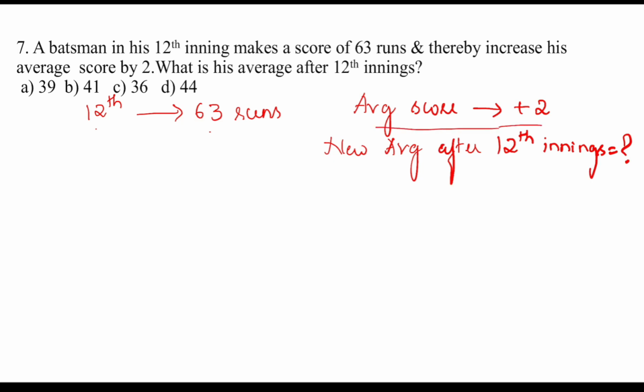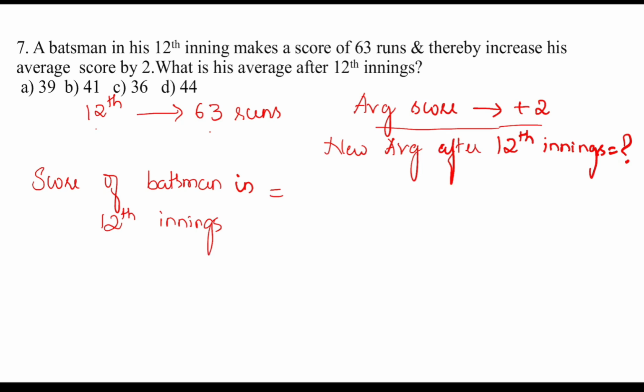When the average is increasing by 2, it means the score made is always greater than the old average. The score of the batsman in the 12th innings is equal to, it is always greater,